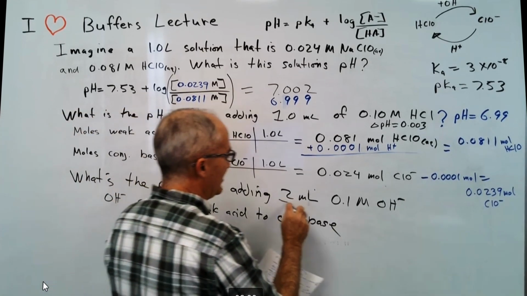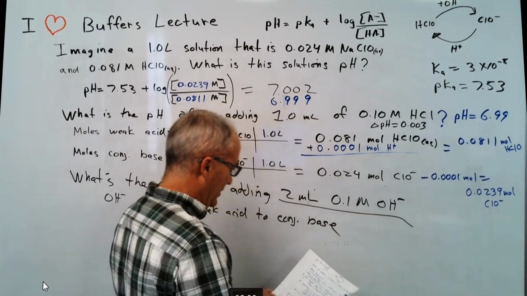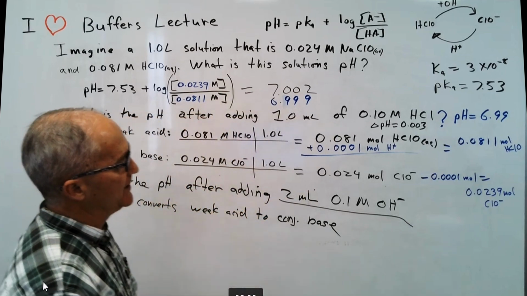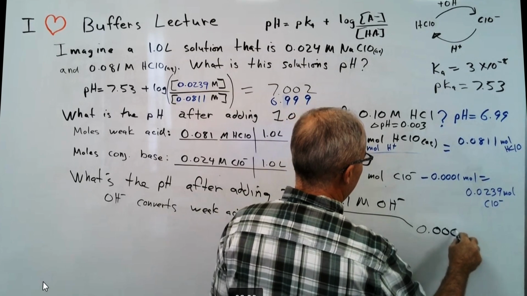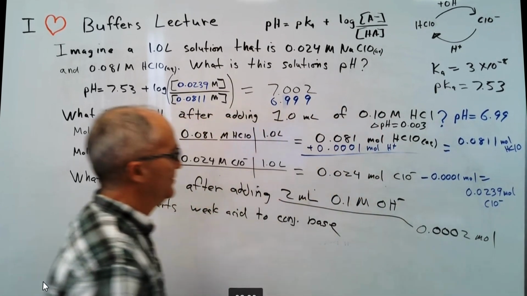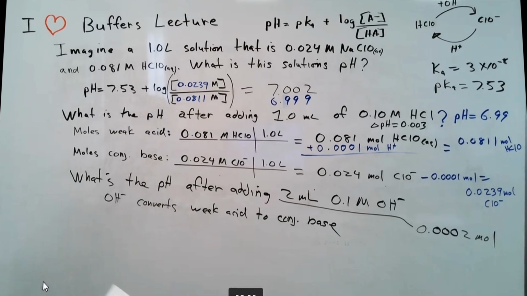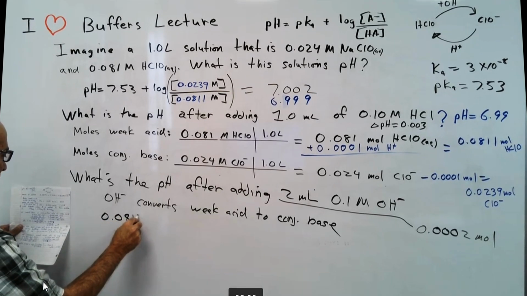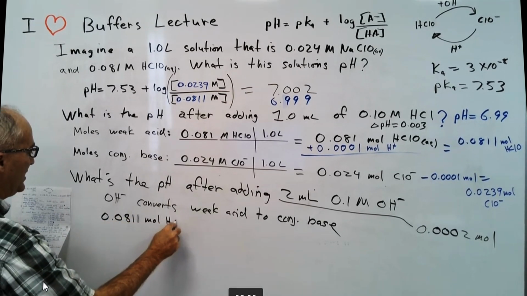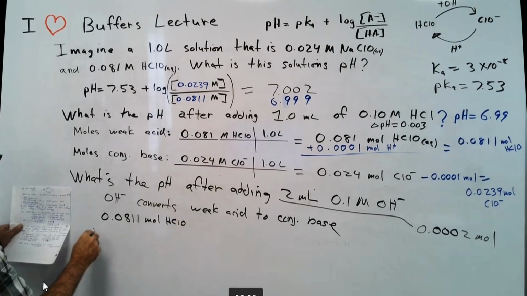So quickly, I'm going to go like this and say, how many moles is this? I think it's something like 0.0002 moles. And then I can probably take my old amounts here, 0.0811 moles of HClO, and I'm going to